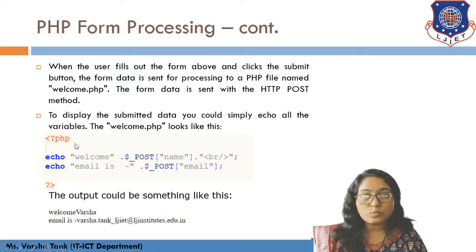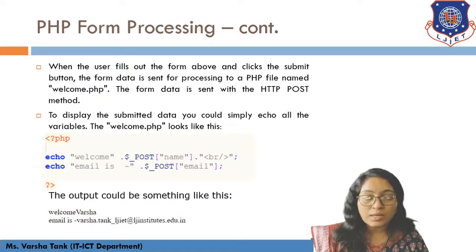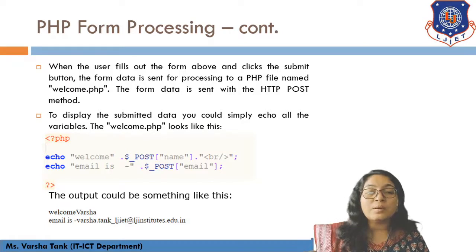So let's see the PHP script. When this data is redirected to the PHP file, what happens? So here in the PHP file, you have to display this data. So echo welcome dot $_POST. So this is what? A global variable that is already defined. So $_POST, in brackets you have to write the name that you have defined in the HTML file, same as it is, without any case mistake. Okay, so if that is in uppercase, then you have to write it in uppercase only. If that is in lowercase, then you have to write it in lowercase only.